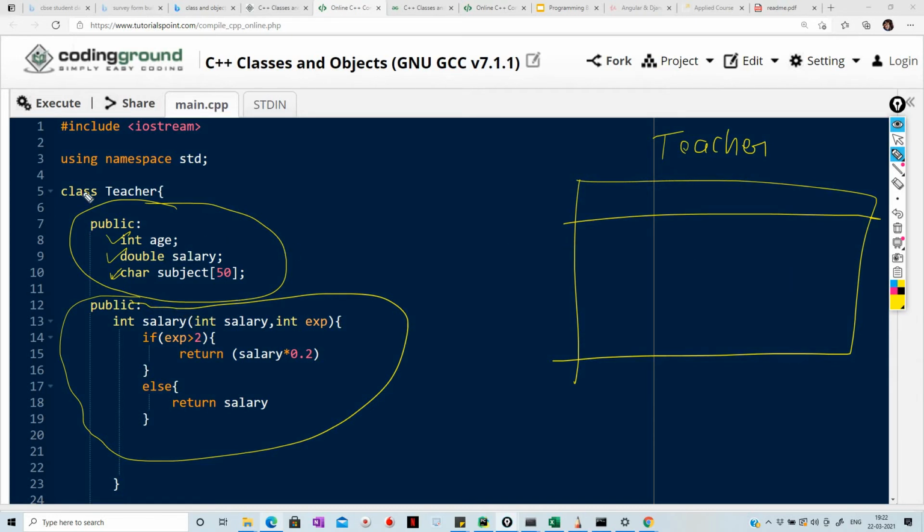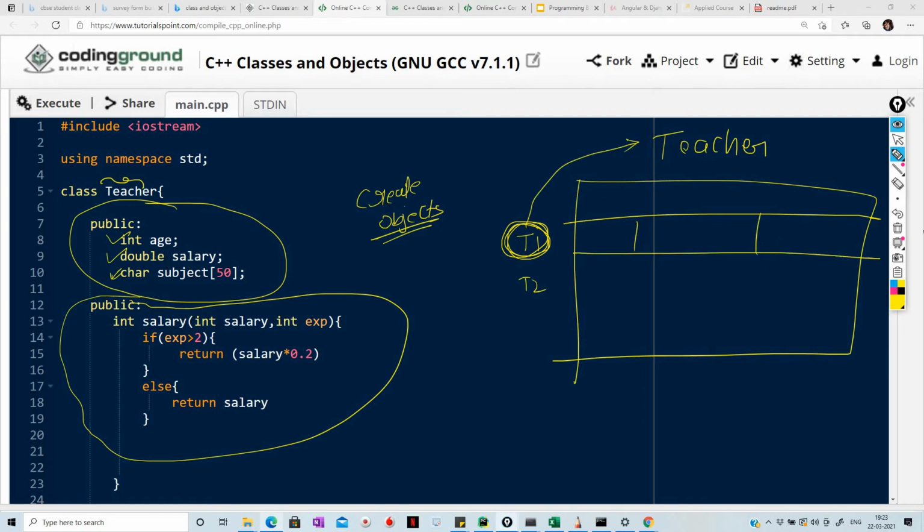Okay, and now how we can access this thing? Access means what? We need to store the information of teacher into this table. So how we can access? We have to create object basically. Object is what? Teacher. Suppose there is a T1 teacher. एक टीचर है, दूसरा टीचर है. This is basically what an object is, and this object is created for what reference? To refer this teacher table basically, and he will store the information in this table.